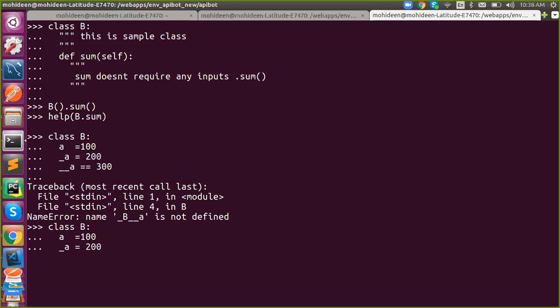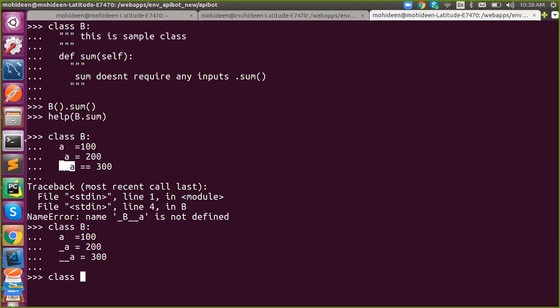Where did I make a mistake? Why does it say name error? Double equal to, exactly. A name error occurs when a variable is used before assigning it. I'm trying to assign a variable, but I made a mistake, so it is actually comparing. It's a comparison operator, comparing the value, and that variable does not exist. That's why it says name error.